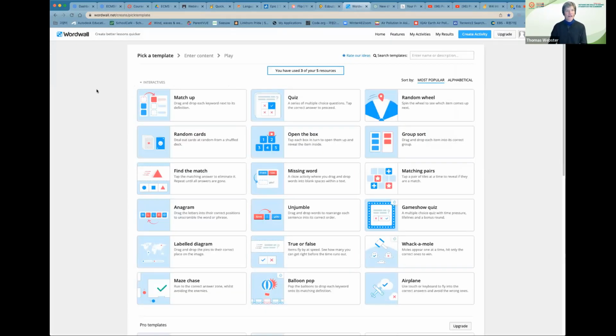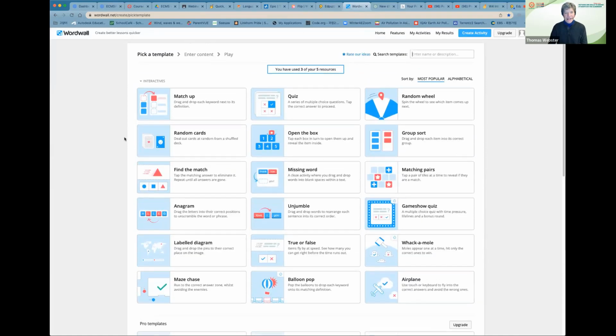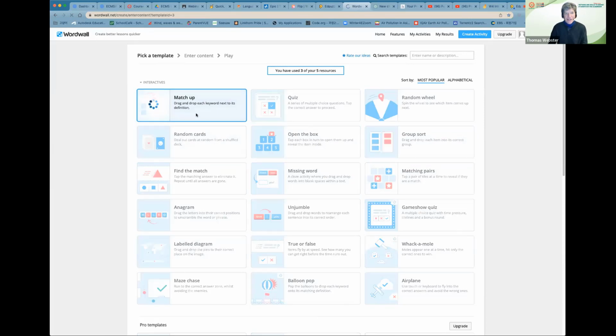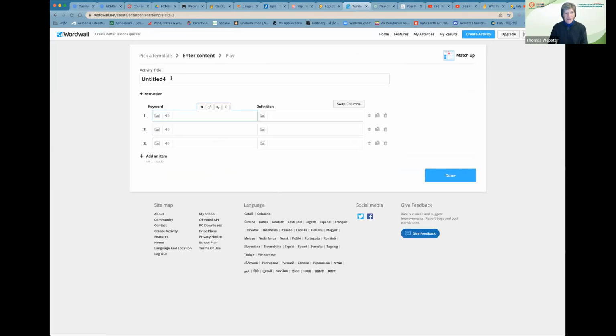Okay, here's another one that I talked about, WordWall. WordWall is similar to that, but these are activities that have templates here for you to use. And then, for example, if you want to try, just click on these and try some, like matching up things. Just try it. Again, it shows you what to do. You can